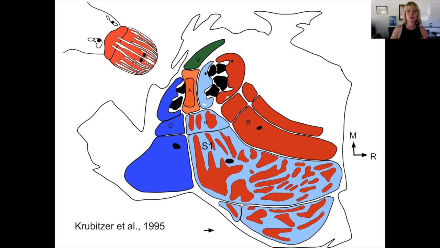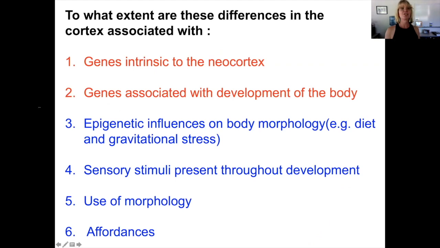So this is extraordinary. Of course, here are the questions. To what extent are these differences in the cortex associated with genes intrinsic to the neocortex that are altering over the course of evolution, or genes associated with the development of the body that are altering over the course of evolution? Because remember, you've got this big, huge bill, but you also have this bill in the peripheral morphology that engages in these specialized behaviors. What about epigenetic influence on body morphology, like diet and gravitational stress? Sensory stimuli present throughout development and throughout the adult lifetime, the use of that particular body part, and the affordances